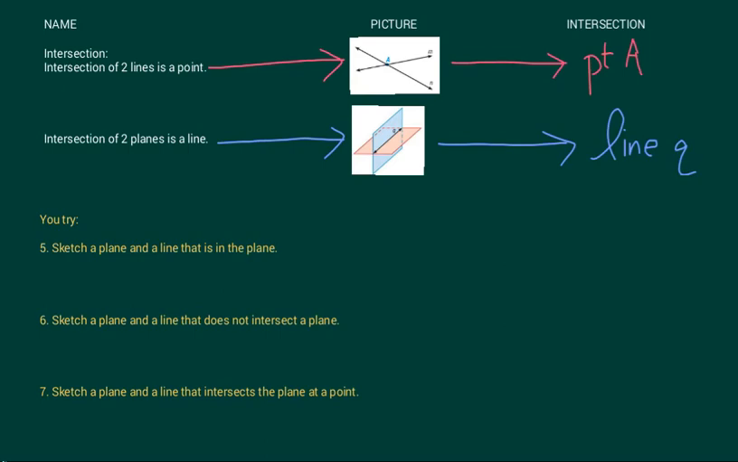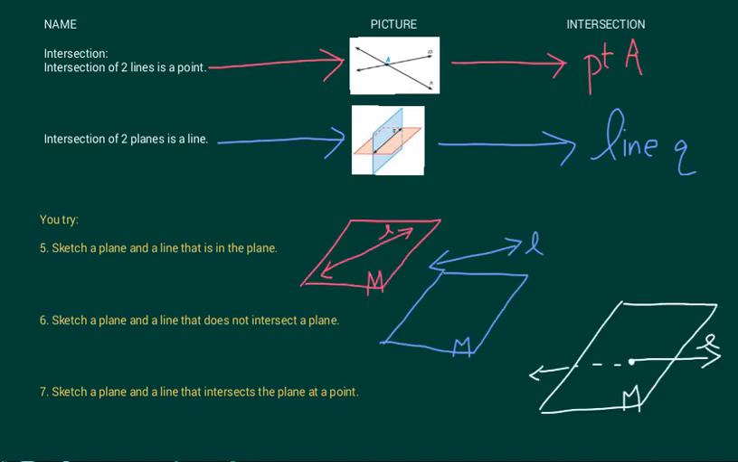All right, so here are the three pictures that I have drawn. The red one is for number 5, the blue is for number 6, the white is for number 7, and something else you might want to write along with this is